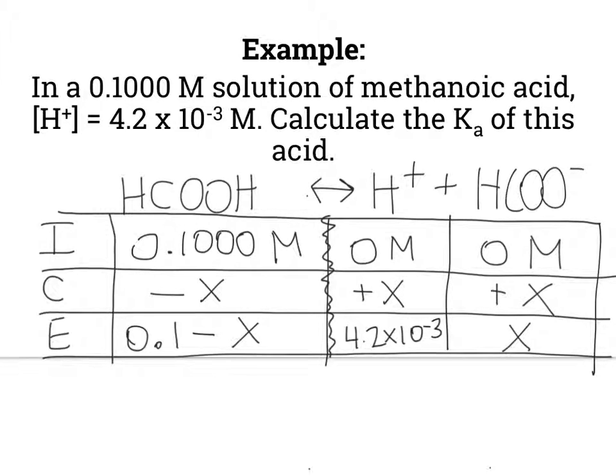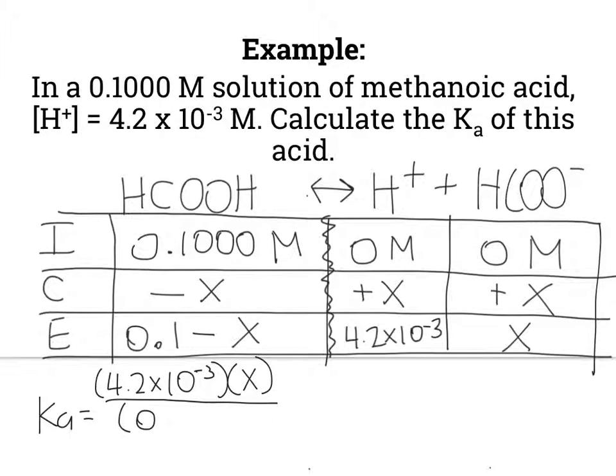Here's the reason I like it: they're not that bad, especially at how much you're going to be doing. So, let's pretend, well, more so, our Ka, if we were to calculate it out, technically would be 4.2 times 10 to the negative 3 times x over 0.1 minus x. But we don't know what our K is, and we don't know what x is, which means we really can't do anything with this. Except,